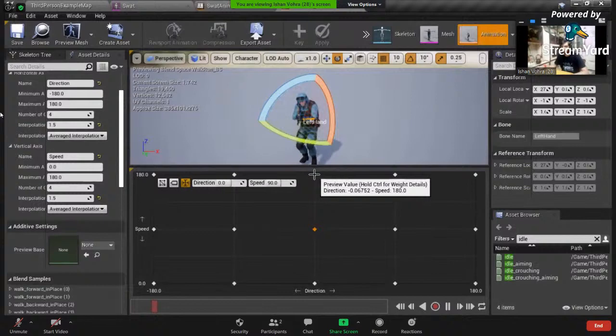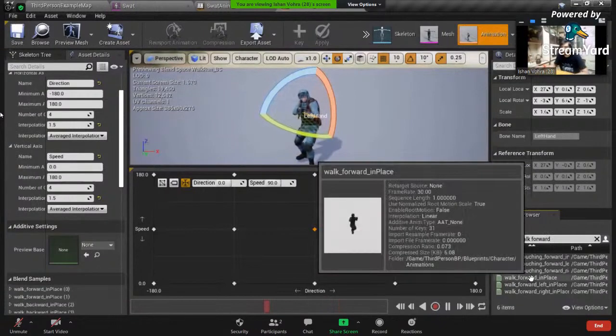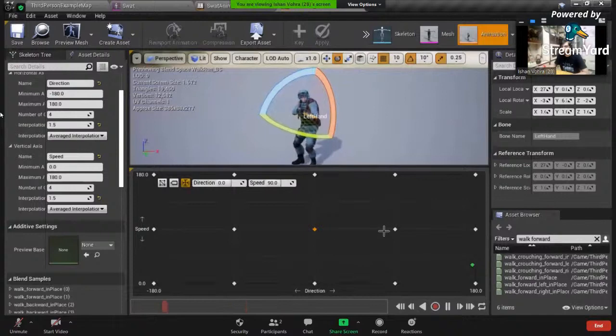Now select it, select walk forward in place and drag it in the middle. Now add walk right in place and again walk left in place, and then we have walk forward in place and run left in place, and then we have run right in